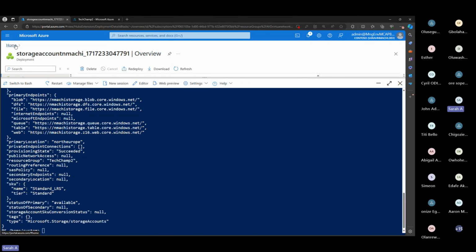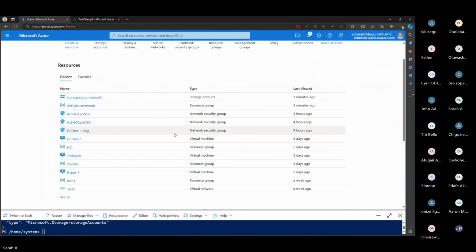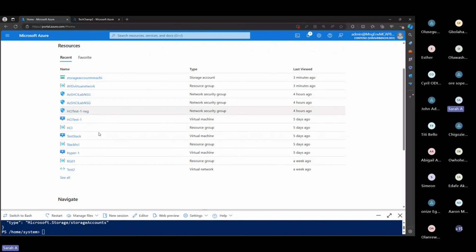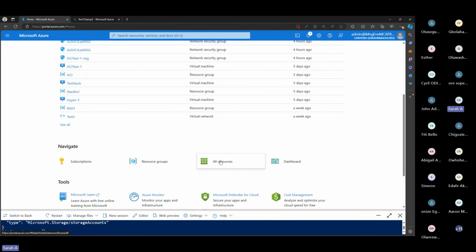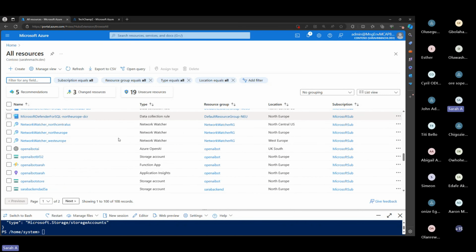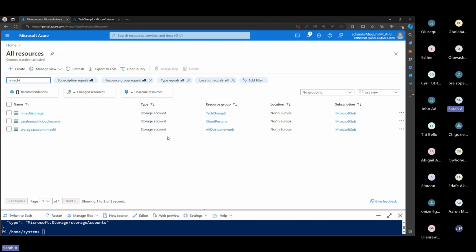If we go back, and let me read this back. 3 minutes ago. This is not the one I created. Or resources. Let me just do it. I think I named this matches something anyway. Right. We can see that I created matches storage just a few minutes ago using this TechChamp 2,